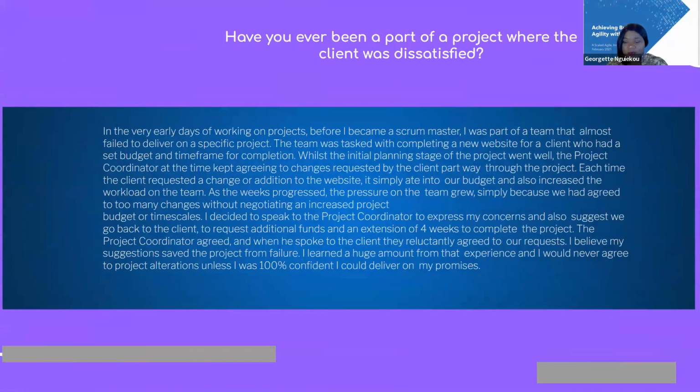Have you ever been part of a project where the client was dissatisfied? So you have a story here that you can tell. In the very early days of working on projects, before I became a Scrum Master, I was part of a team that almost failed to deliver on a specific project. The team was tasked with completing a new website for a client who had a set budget and time frame for completion. While the initial planning stage of the project went well, the project coordinator at the time kept agreeing